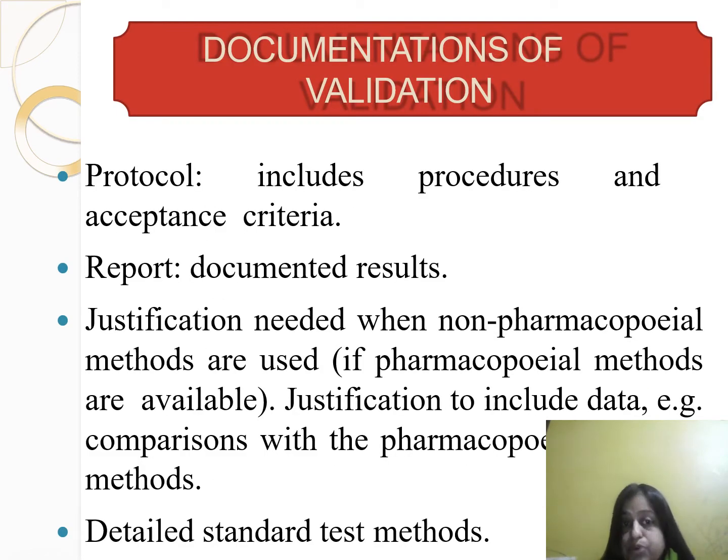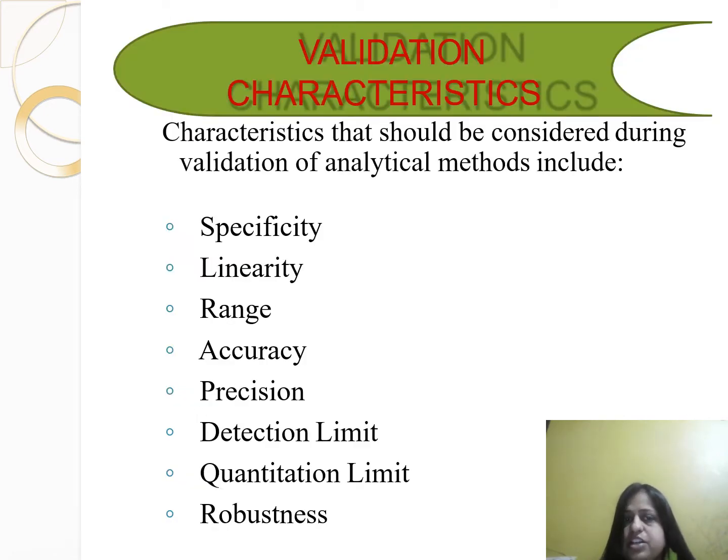Documentation of the validation protocol includes procedure and acceptance criteria, and a report documenting results. It will contain justification needed when non-pharmacopoeial methods are used if pharmacopoeial methods are available. Justification should include data, for example comparison with the pharmacopoeial methods and detailed standard test methods. Validation characteristics that should be considered during validation of an analytical method include specificity, linearity, range, accuracy, precision, detection limit, quantitation limit,